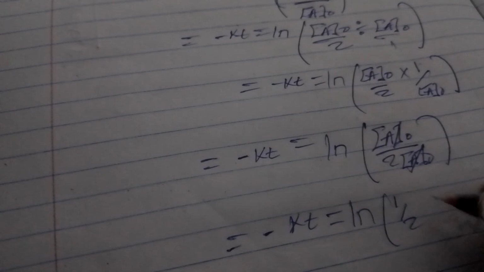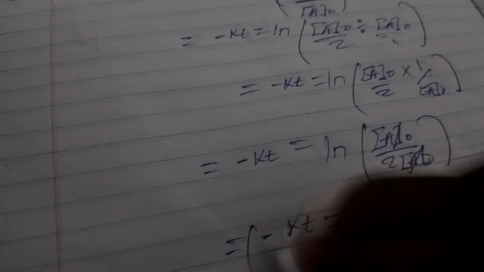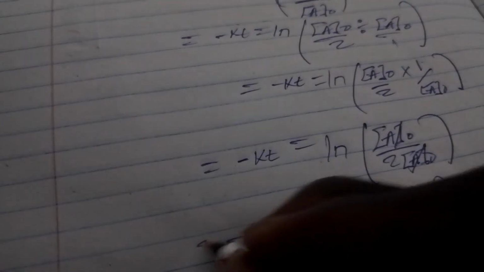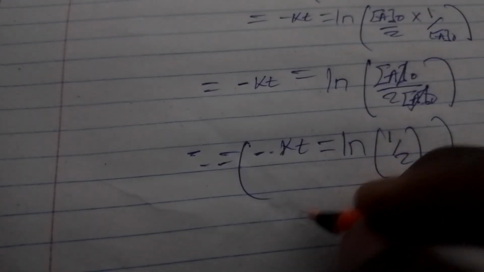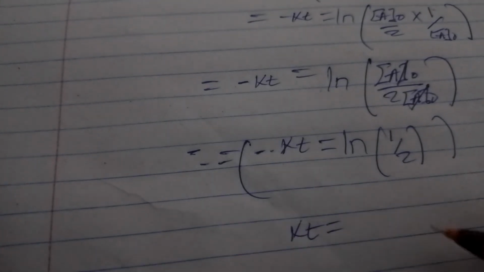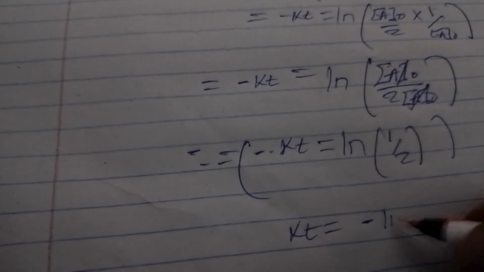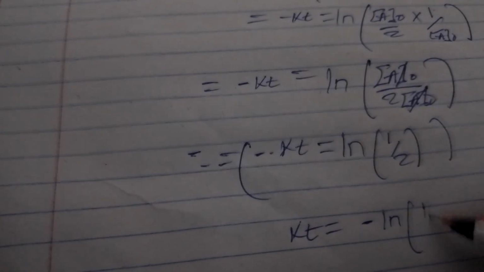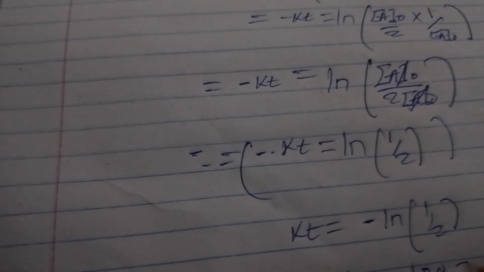of 1 over 2. And in this case, if you look very properly, can we try to affect the appearance of the negative? Shall we? Let's go. So the negatives cancel, that is kt is equal to negative ln of 1 over 2. The same applies: kt is equal to ln 2, which is over k,